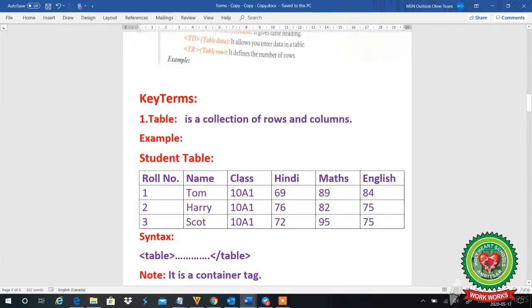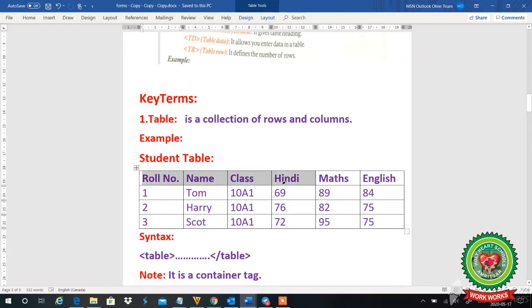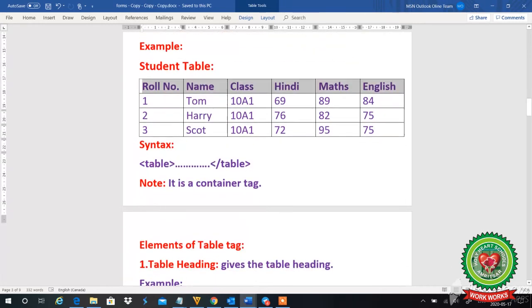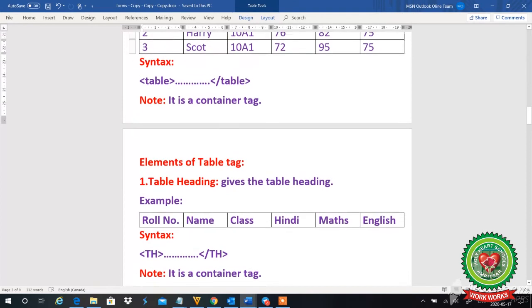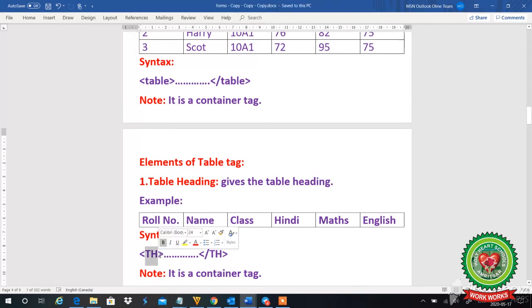Students, note that my table headings are bold as compared to the rest of the data. If we want to make the headings darker, we use the table heading element. For that, the syntax is TH.